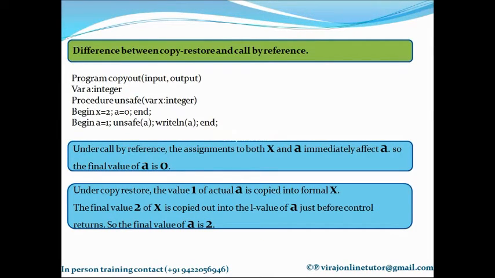Okay, so now let's try to understand the difference between copy restore linkage and call by reference. I have a program here, and I'll explain what this program is all about. There is a function called copy out, which takes input and gives output. In this copy out function, a is a variable of type integer,